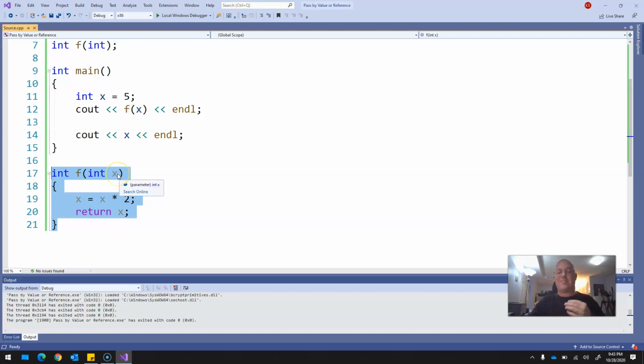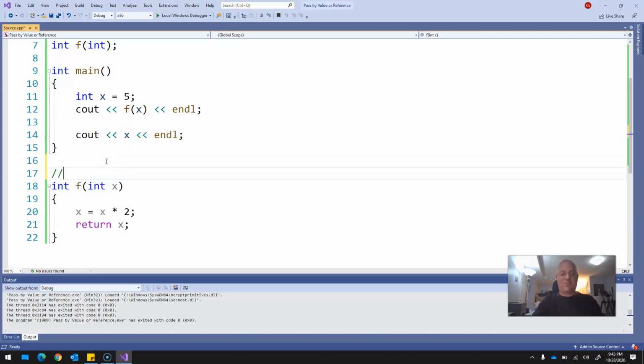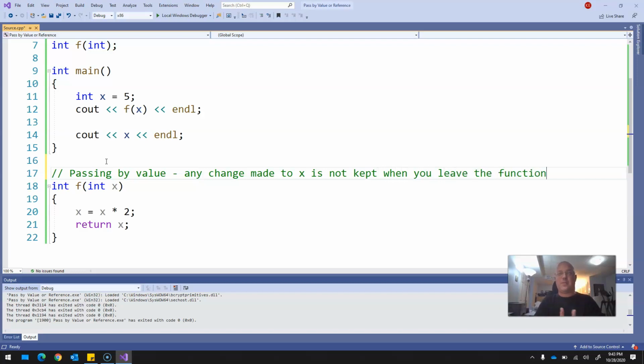It's not the same x. So again, we call this passing by value. You're passing the value. You're passing 5, not x. You're passing the value. So any change made to x is not kept when you leave the function, which, well,